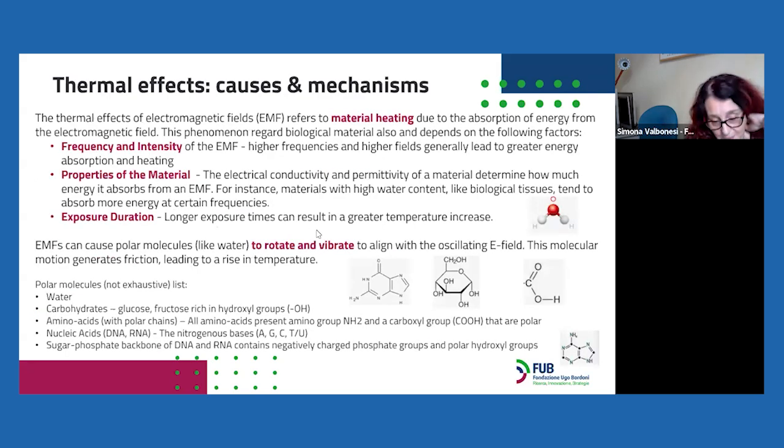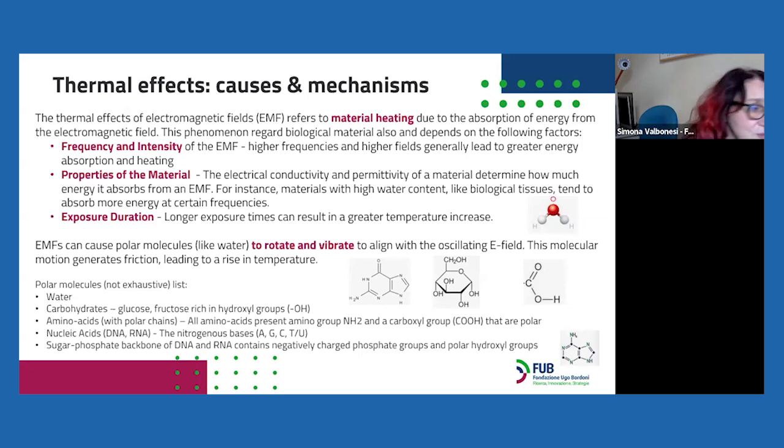Now I will describe, but very, very fast because everyone knows this mechanism, what are the mechanisms of the thermal effects. Thermal effects of electromagnetic fields refer to material heating due to the absorption of energy from the electromagnetic fields. This is exactly what happens when we use a microwave oven. This phenomenon depends